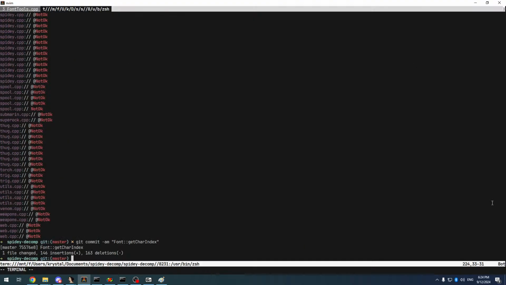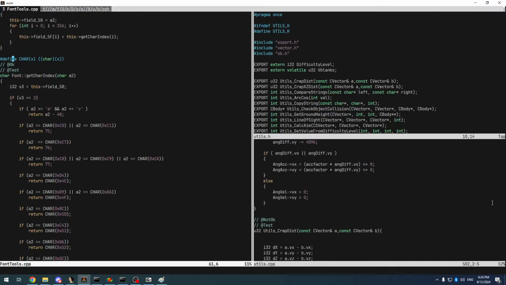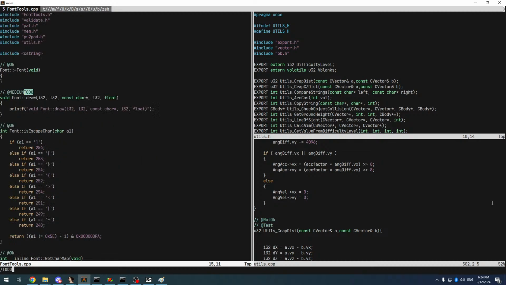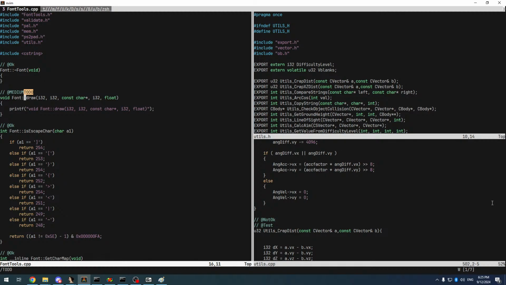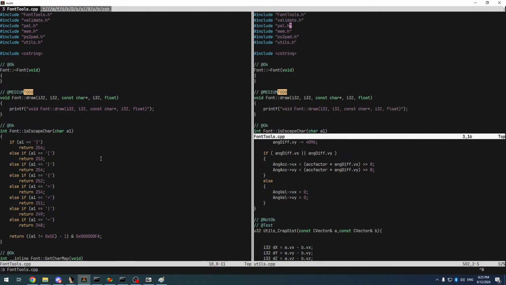But this is not the only example where it happens. There are other places where something goofy happens. Font manager. So for this stream, I wanted to do font draw, but for font draw, I first need to have the fucking constructor of the font, because there's some funky stuff going on there. So